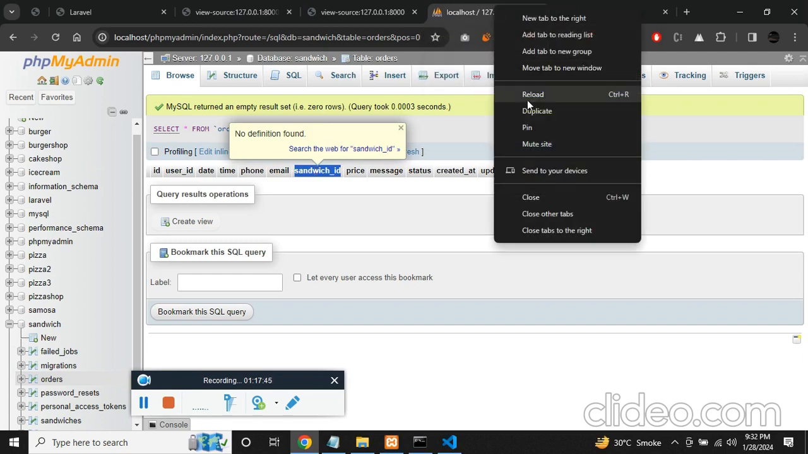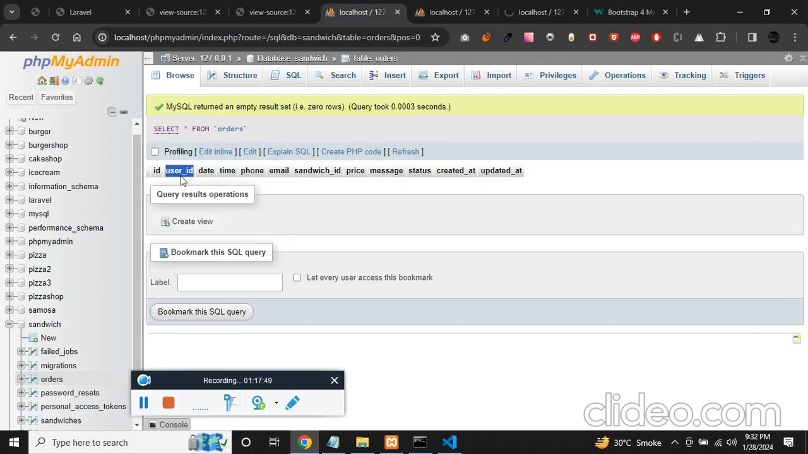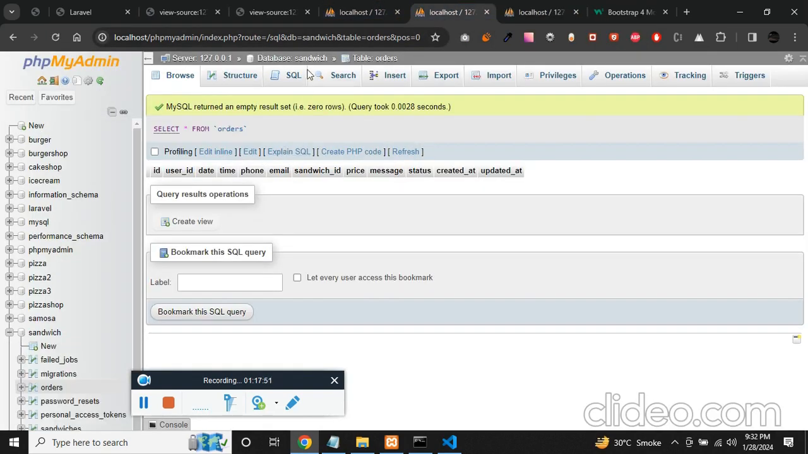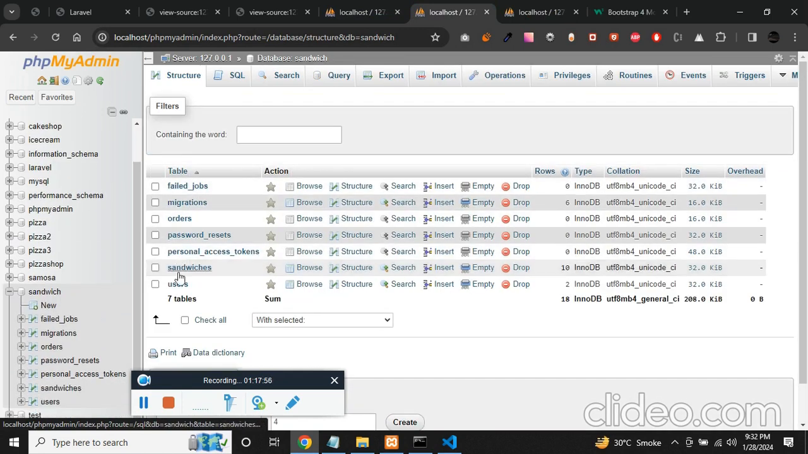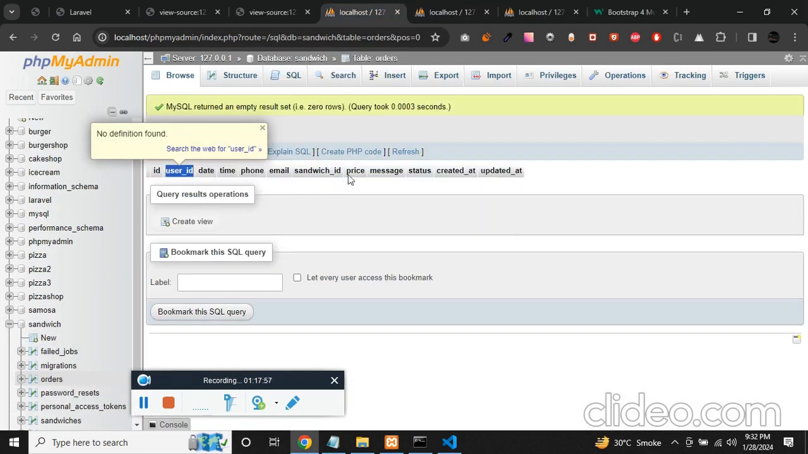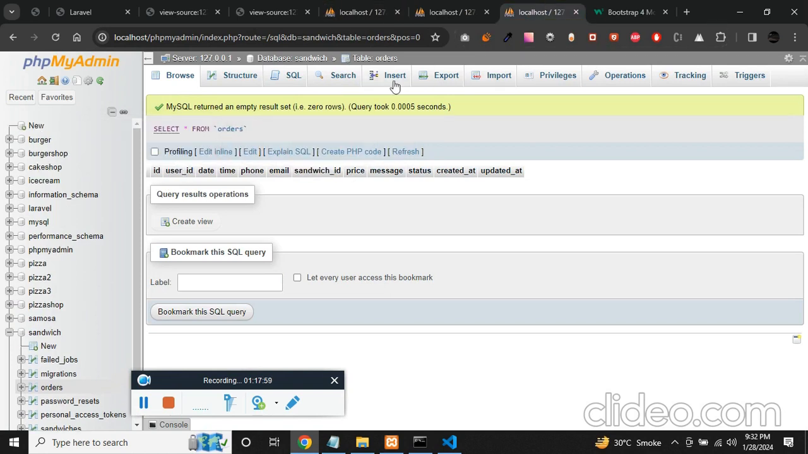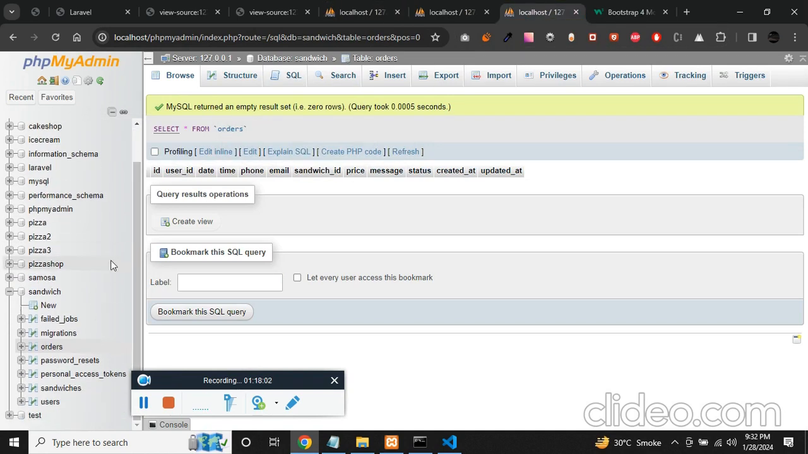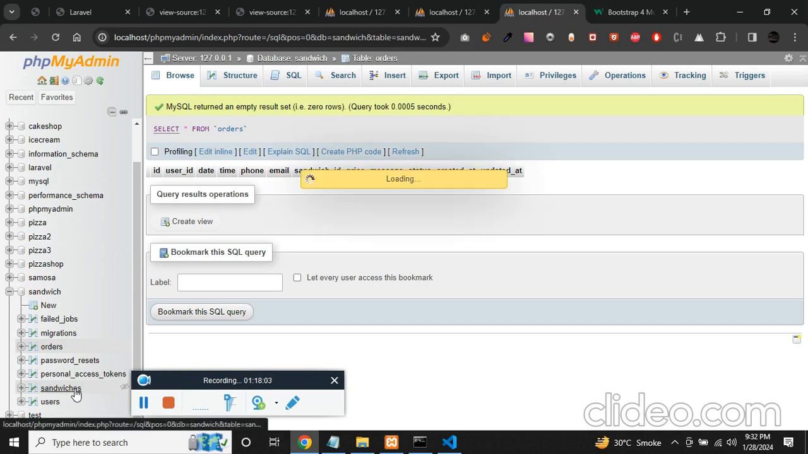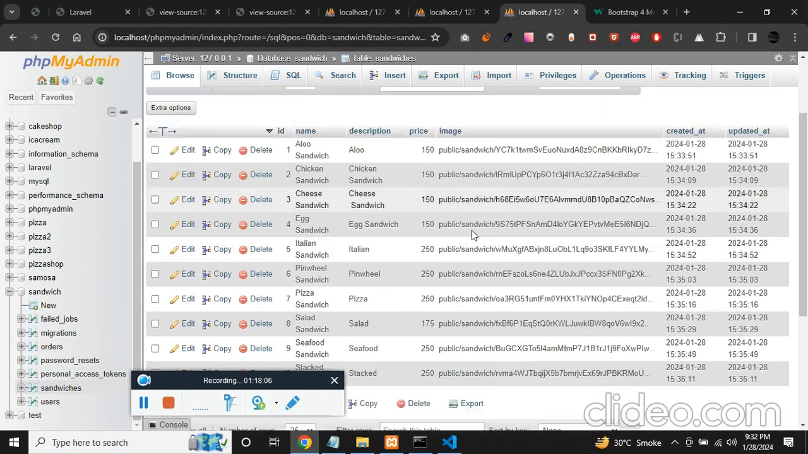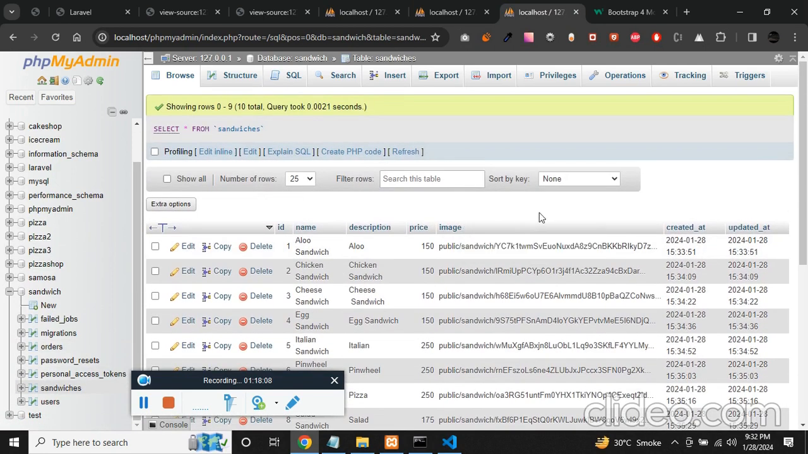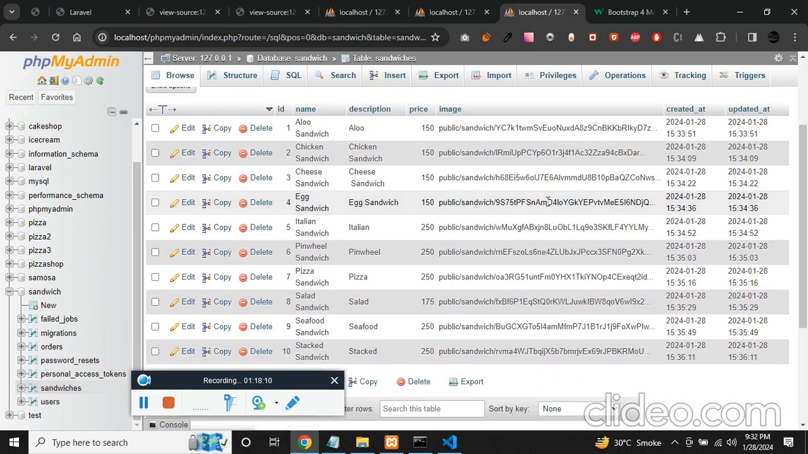So if you make a duplicate of it, I'll make you understand what I mean. So the user ID is equal to the ID of the users table. The sandwich ID is equal to the ID of the sandwich table. Cool. Now